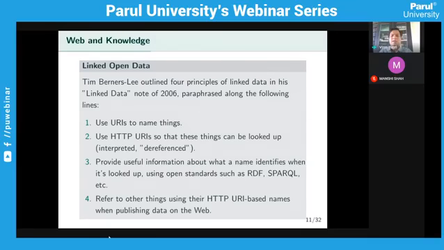So just like the SQL language is for databases, SPARQL is the RDF query language. Resource description framework में आप query करोगे. And those queries are also simple, like RDBMS queries. You can find those examples. The fourth point is refer to other things using HTTP URI based names when publishing data on the web. So एक बार knowledge is there, you again want to publish a knowledge, then refer to other things using HTTP